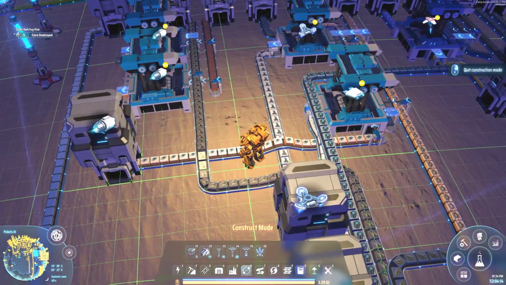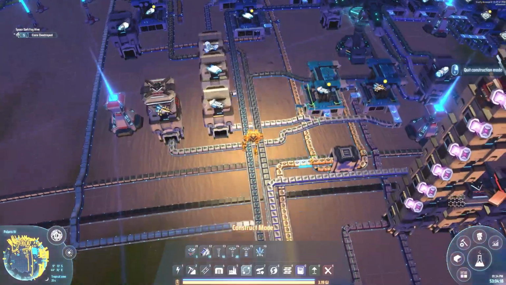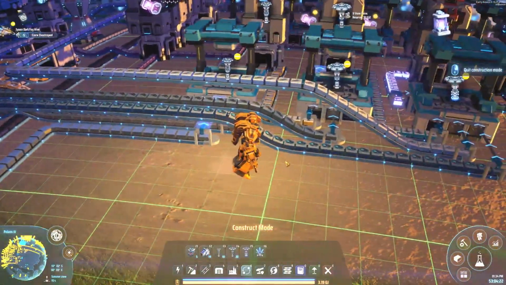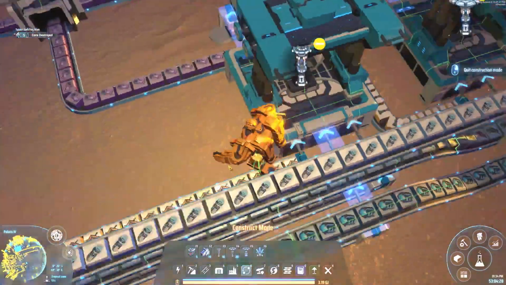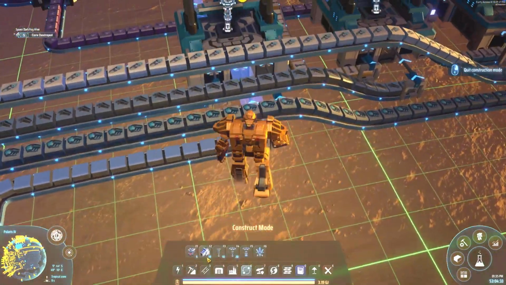Let's see, where's the steel coming here? That's steel there. There's processors coming out there. There's supermagnetic rings coming there. Oh gosh, we got it all right here. We have everything we need right there. Okay. So all we need to do